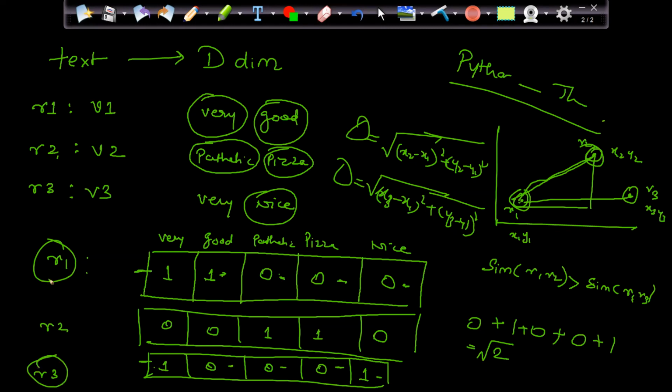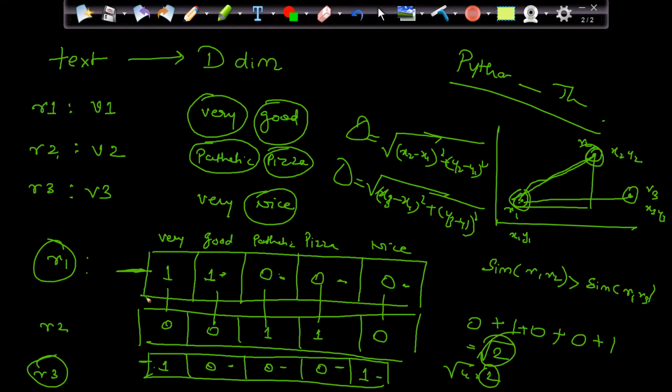The distance between R2 and R1 and R3 is square root of 2. However, if I go and check the distance between R1 and R2, this is 1, this is also 1, this is also 1, this is also 1, 0. Square root of 4, that is 2. Which is bigger? 2 is bigger than square root of 2.